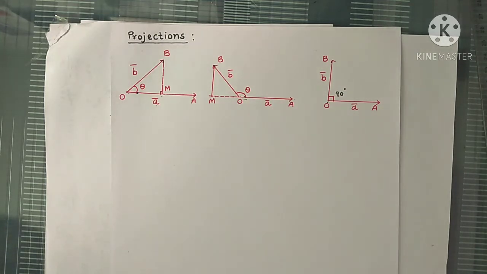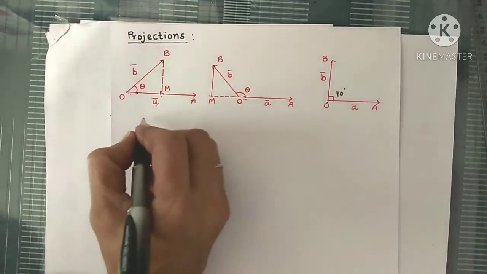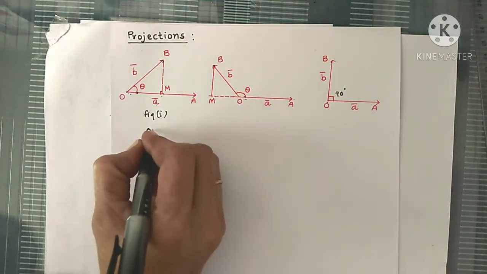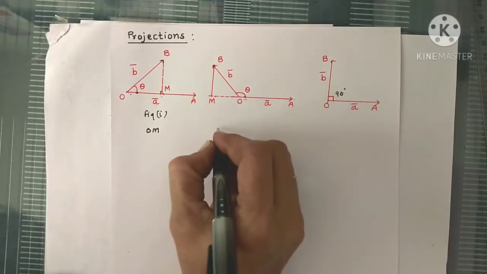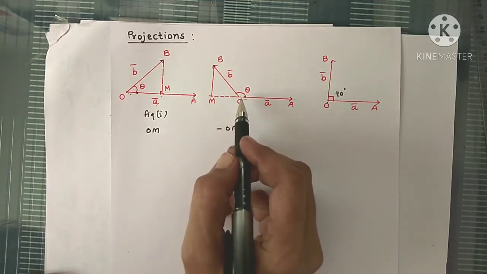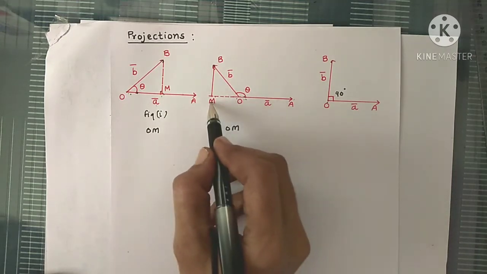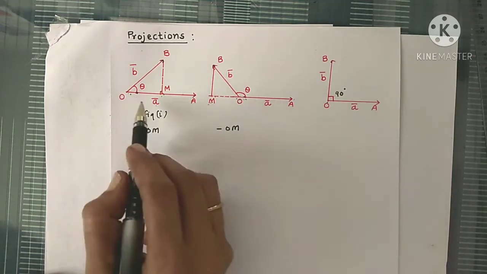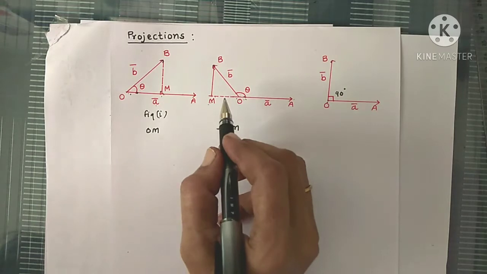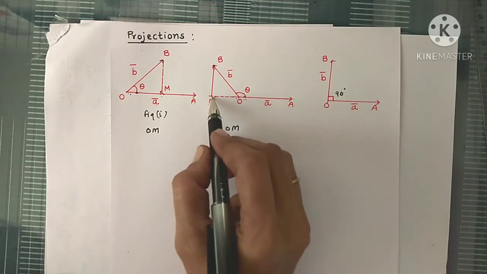So first let's define scalar projection. OM is the scalar projection in figure 1. Let's write this as figure 1. Here the scalar projection is OM. Here the scalar projection is minus OM. Why is it minus OM? Because when we draw perpendicular BM on OA, OM has the direction opposite to that of A bar. Here both have the same direction, OM bar and A bar. But since we are defining scalar projection, we still have to see the directed distance. So here it is minus OM.